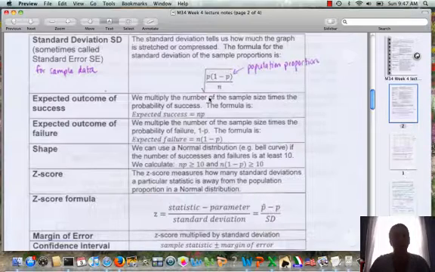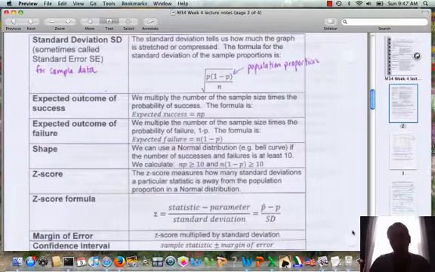number of data points or the number of people in the survey. And P is the proportion, and we usually say the proportion of successes. For example, if you were asking a yes-no question, the number of people out of the total who answered yes would be the proportion of yeses or the proportion of successes. Similarly, we say 1 minus P is the proportion of failures,